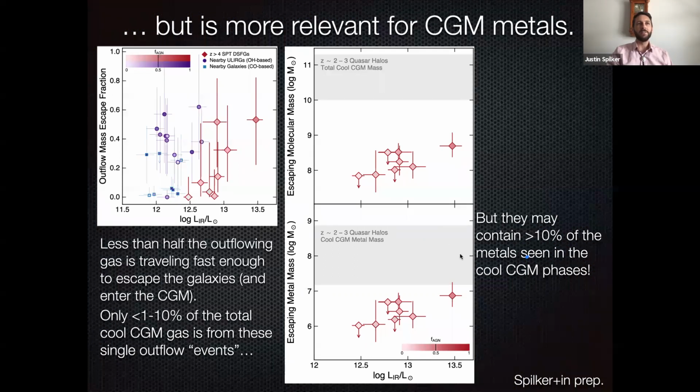And what you find is that because the CGM as a whole is subsolar metallicity, these outflow events can actually constitute a highly significant fraction of the total metal mass of these quasars, which is kind of fun, I think. In the future, I think it will be really fun to apply that spatially resolved far-IR metallicity indicator that I talked about in the first half of this talk to these same outflows, in order to get a much more robust measurement of the way that metals are being distributed out into large spatial scales.